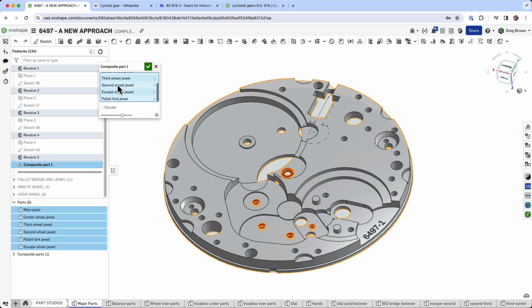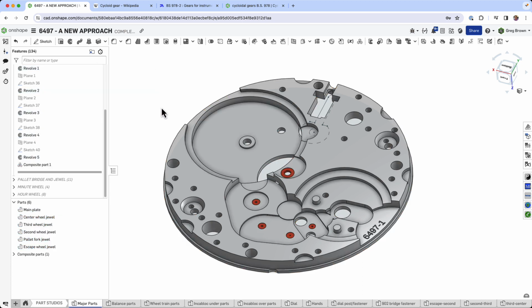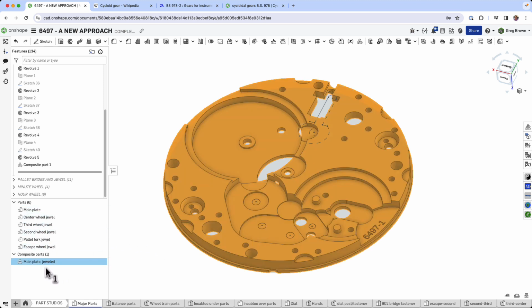What this does is it collects up these parts that I've chosen, the jewels and the main plate. And I'm not going to tick this box here, Closed. If I tick the box on closed, it would take away all of these parts, so I could never individually do detailed drawings of them, or maybe insert them in other things later on. So what I have done is create one composite part in addition to these parts, and I've called it the